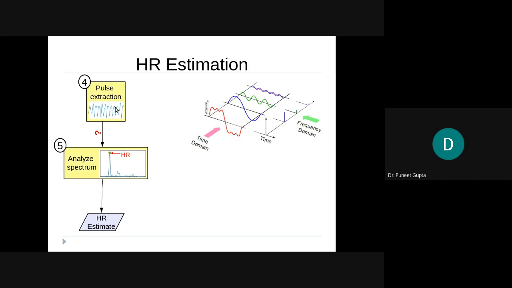Our first step is the pulse extraction, then we decompose it into frequencies using FFT. So we have these different frequencies, which will range from some 42 to 240. Usually our heartbeat is in the range of 42 to 240 beats per minute, right? So correspondingly, we find our frequencies. We analyze this signal into those frequencies, decompose it into these different frequency components, and we get this kind of output.